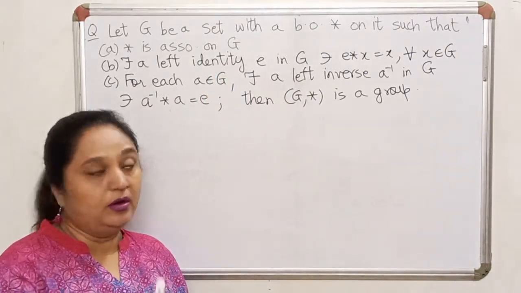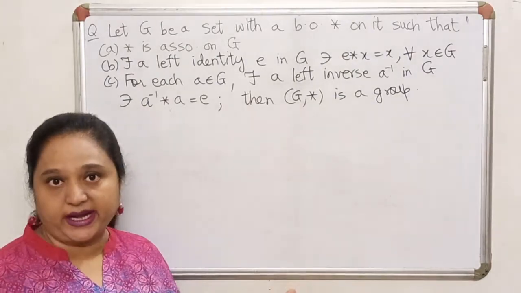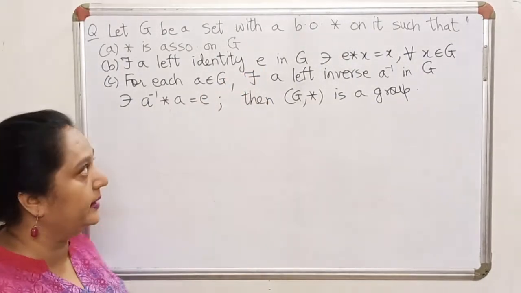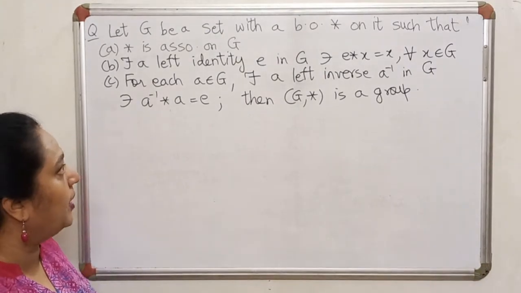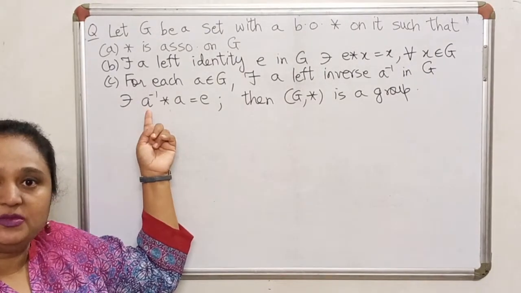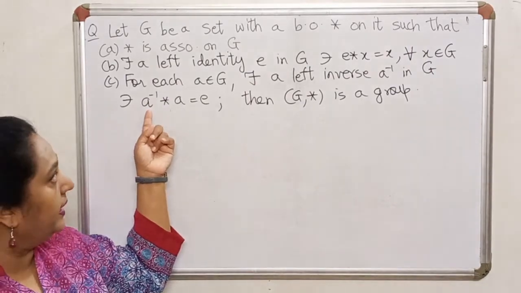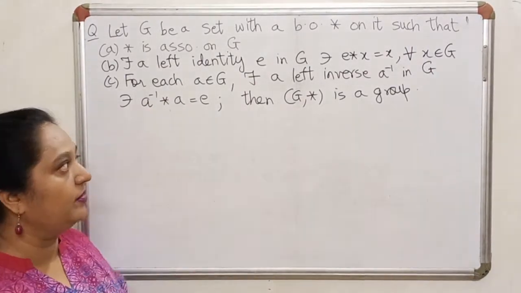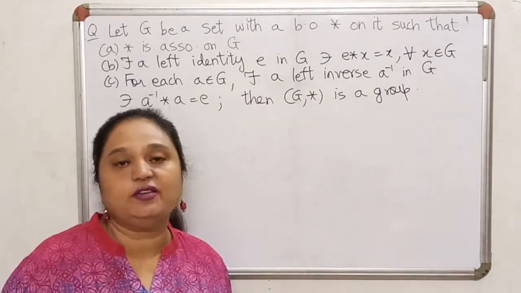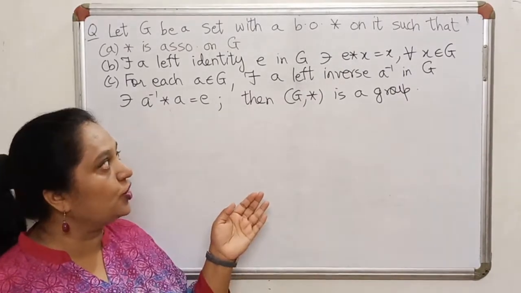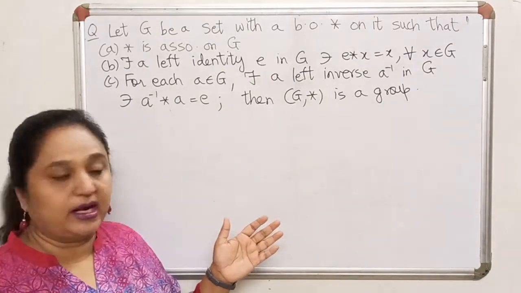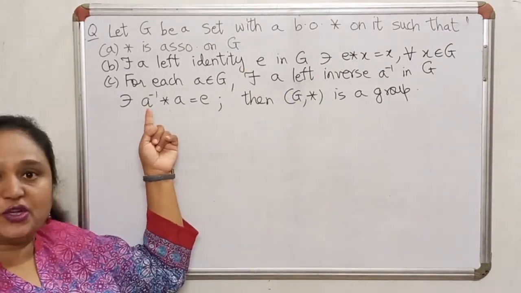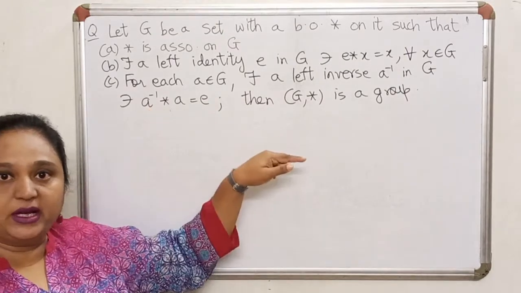So we have yet to show that it also becomes right identity, then I'll be in a position to call this element as identity. Also, if I can somehow prove that this element also becomes right inverse of A, then every element I can call it as inverse of A, and every element will have an inverse, and hence G will be a group. So it is falling short of only two properties that way. This must also become identity from the right, and this must also become inverse of A from the right side.